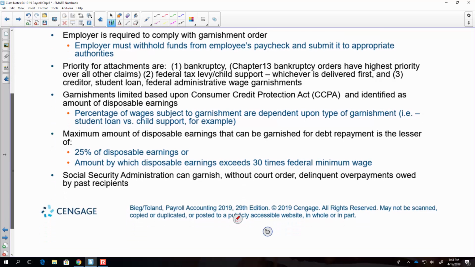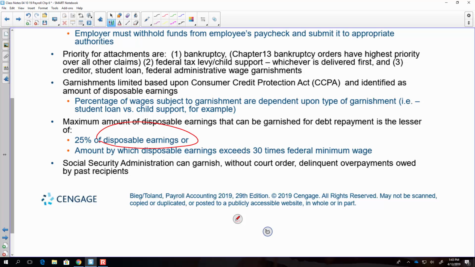So the author talks about disposable earnings here, and the definition of disposable earnings is the gross wages minus all the taxes, both federal and state, that are deducted from the employee's paycheck. So once the taxes are done, at that point, that disposable earnings is the threshold